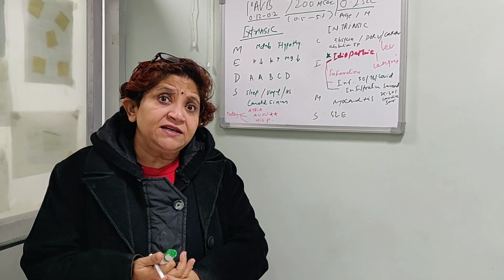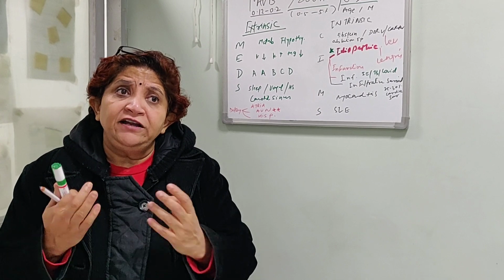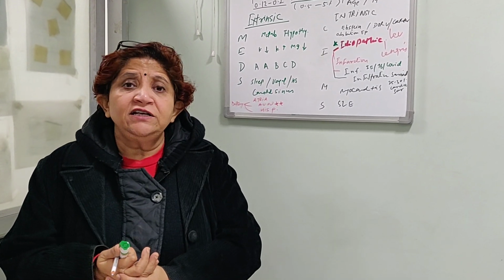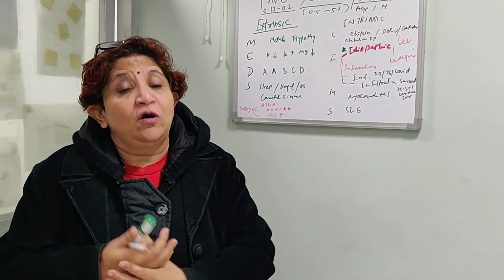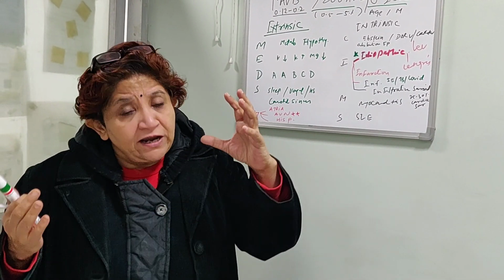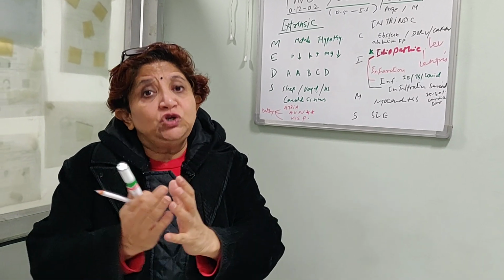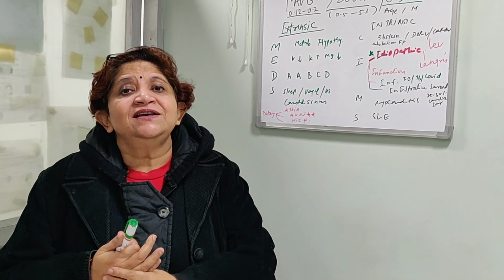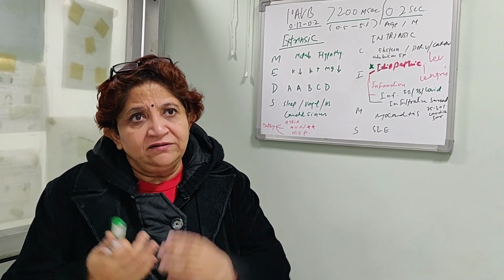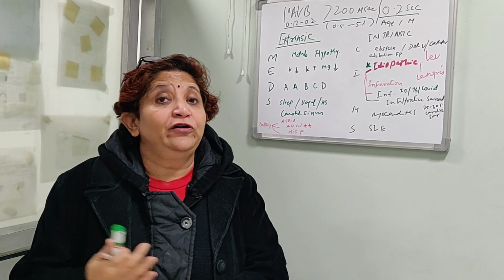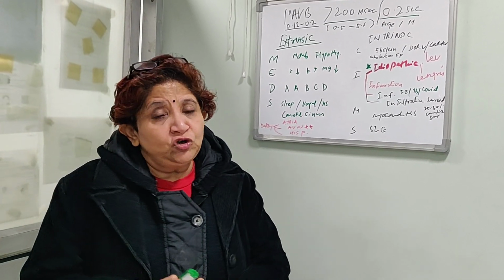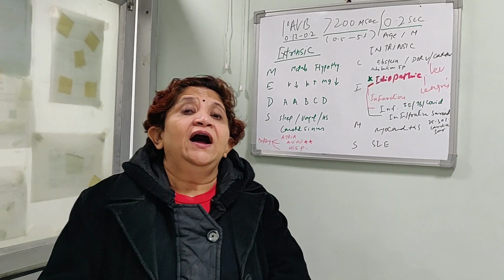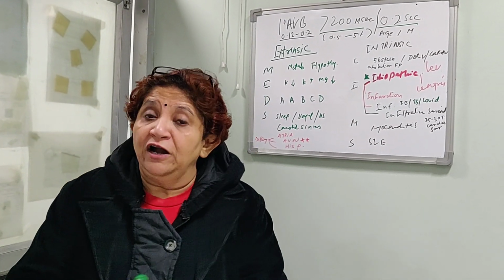Now, how do we recognize that this block is at the AV node and not below his bundle? So that is looking at the QRS complex. So if there is first degree AV block and along with that there is QRS widening, that means possibility of this block is below the his bundle, and this kind of blocks should be followed up regularly, and we should keep a close eye on them because they are likely to progress to higher grade AV block or complete heart block.